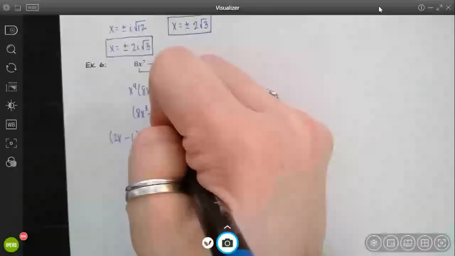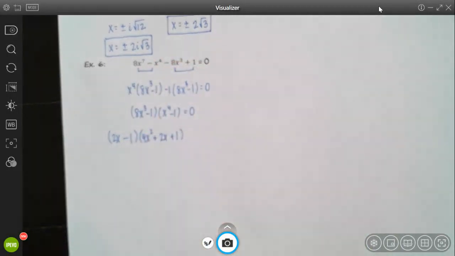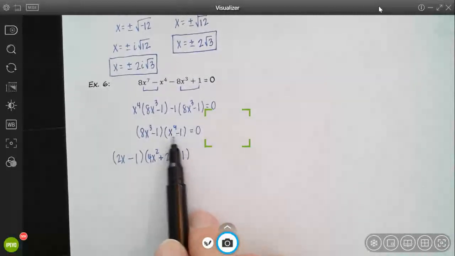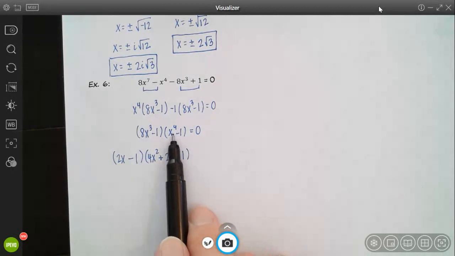And then I want to take care of the x to the 4th minus 1. This is actually a difference of 2 squares, similar to what we had in example 5. X to the 4th is a perfect square. 1 is a perfect square. There's a minus in between here. So I'm going to go ahead and break that down using my difference of 2 squares factoring